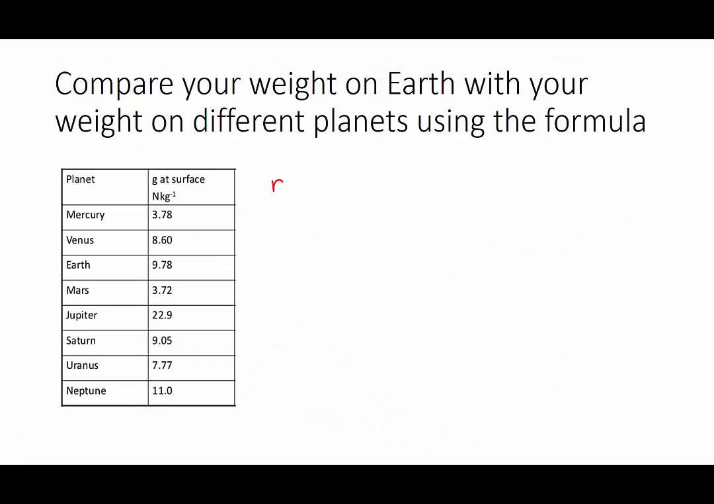So we can look at different planets to see how our weight would change depending on the gravitational field strength at the surface. So using the internet, I've come up with this table of different gravitational field strengths so we can work this out. So for Mercury, we're going to need to do 70 times 3.78, which works out my weight as